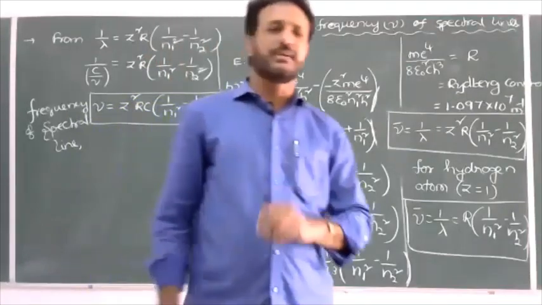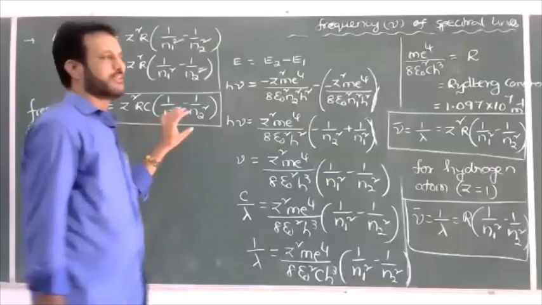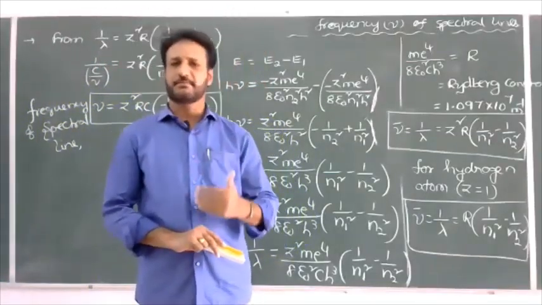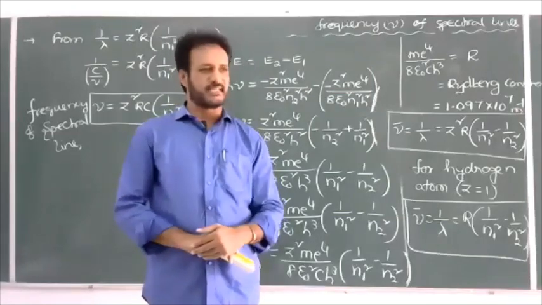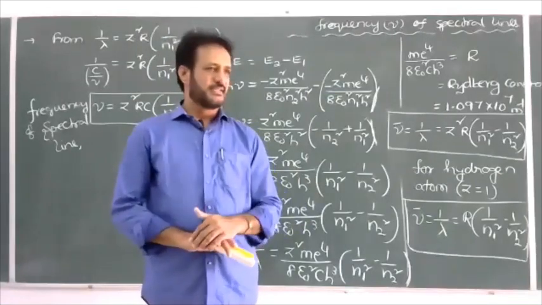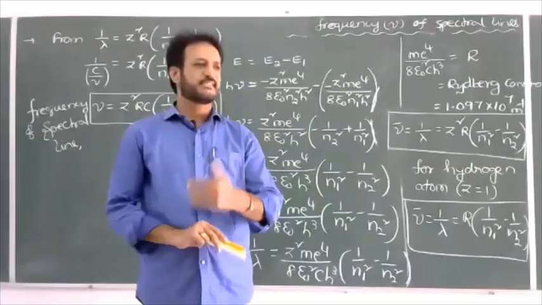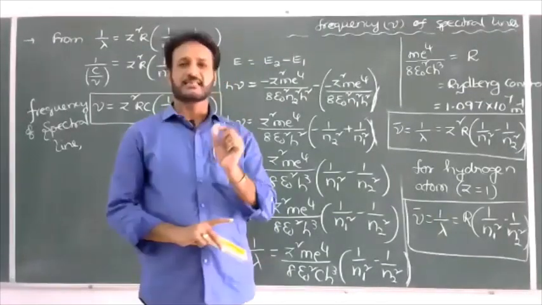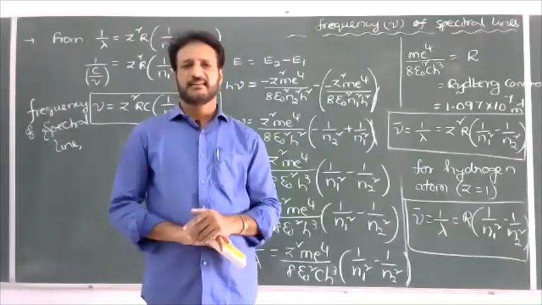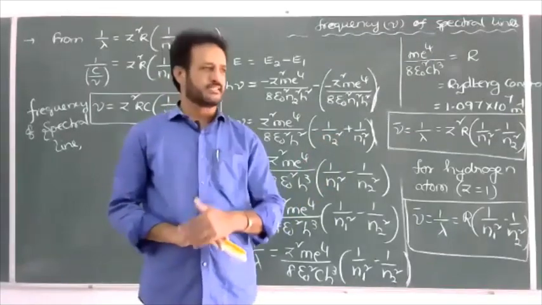In tomorrow's class, we'll discuss, based on this Rydberg formula, how we can explain the spectral series of the hydrogen atom like Lyman, Balmer, Paschen, and also Brackett and Pfund series. After completion of the spectral series, we'll draw the energy level diagram, and how to draw the energy level diagram is also important for PUC. Later we'll discuss how de Broglie explained Bohr's second postulate. So these concepts are there. Maximum Monday and Tuesday, I'll complete the theory part of the chapter. Next we'll go for numericals. Okay, thank you.